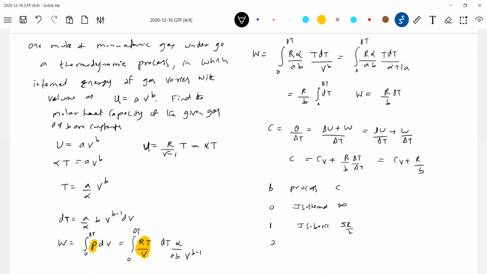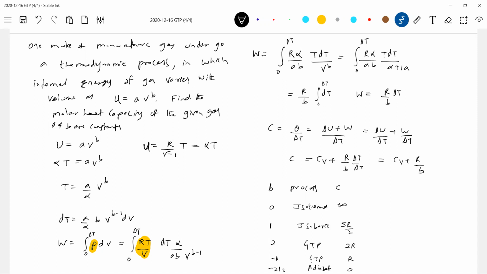Three R by 2. Okay, 2R. So some general thermodynamic process. B equal to -1. 3R by 2 minus R by 2 will be R. So general thermodynamic process, B equal to -1. If B equal to -1, so TV equal to... can we make it 0? Now what should be the value of B to make it 0? -2/3, sir. -2/3. This will become adiabatic.